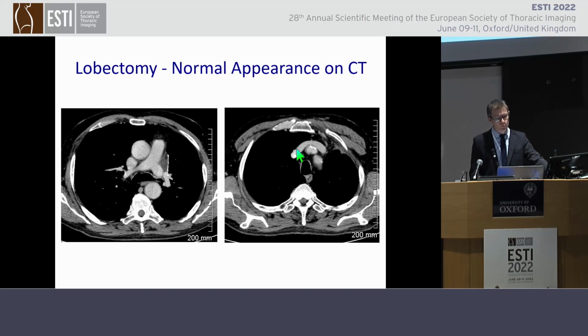We don't follow patients up in our hospital with chest x-rays. All patients who've had lung cancer resections are followed up with CT. Not only can we identify the volume loss and other things a chest radiograph can show, but we can actually see the area that's been operated on. We get a good definition of the bronchial stump, which can have a variable amount of soft tissue thickening around it, depending on what type of operation and what lobectomy they've had. Pleural thickening is certainly not uncommon, particularly if patients have had chest wall resection at the time of surgery. These are areas that are commonly overcalled as disease progression,